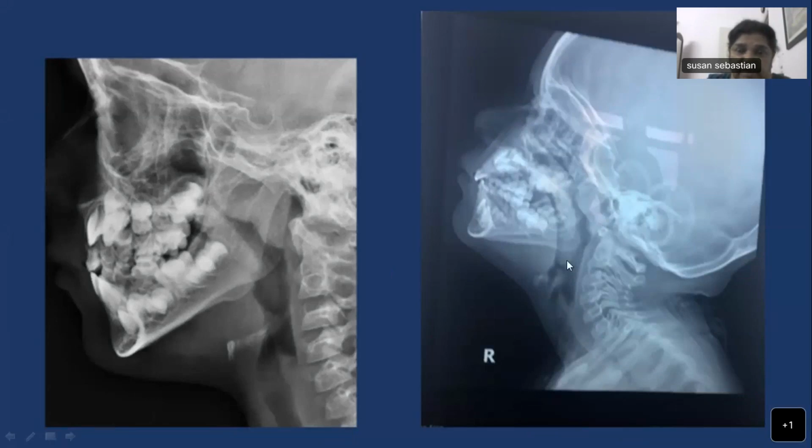But look here, you have got a big tonsil here that is obstructing the airway. The posterior airway space between the tonsil and the posterior pharyngeal wall is very less. So it's more than the adenoid, it's the tonsil that is obstructing, along with the soft palate. This is the one which I showed you, the soft palate is resting on the tonsil and together they completely obstruct the airway. Sometimes it might even be touching the epiglottis.